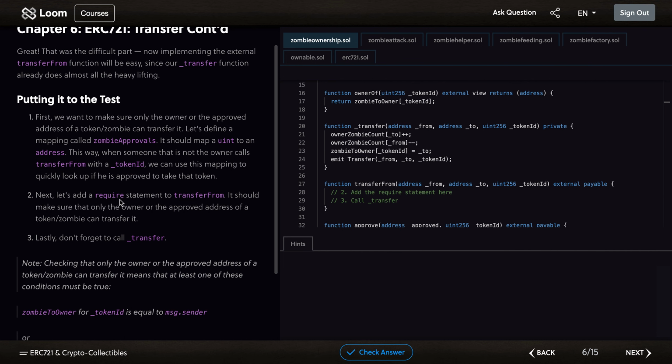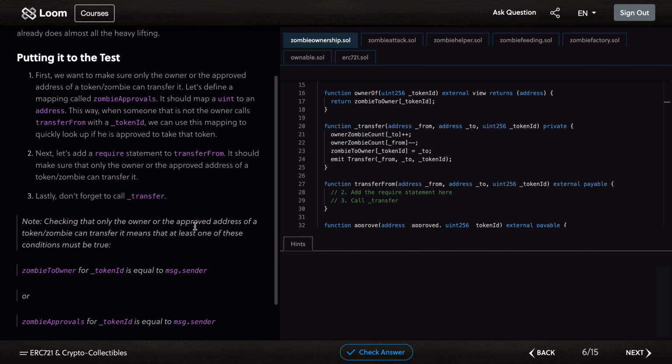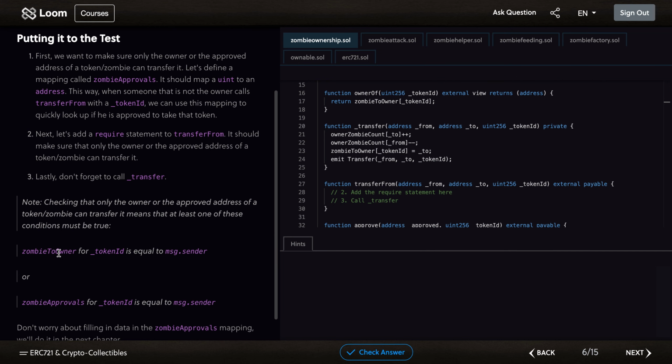So let's add the require statement to transferFrom, and there are two requires. One is the someToOwners is the message.sender. So who called this should be the owner, or the approved address. So now we can use these two mappings and create a require. So the first require is someToOwner, and paste it here, and we pass the token ID, and